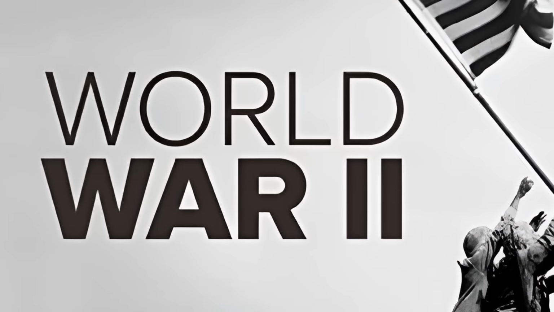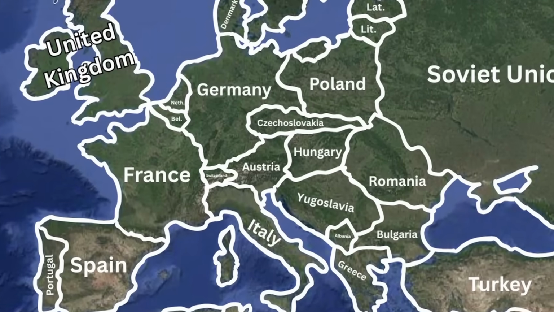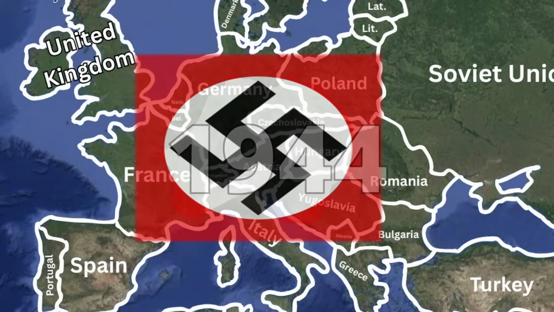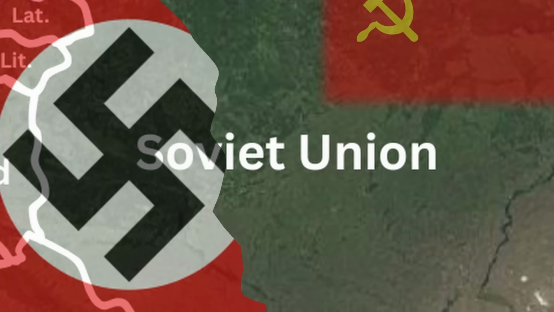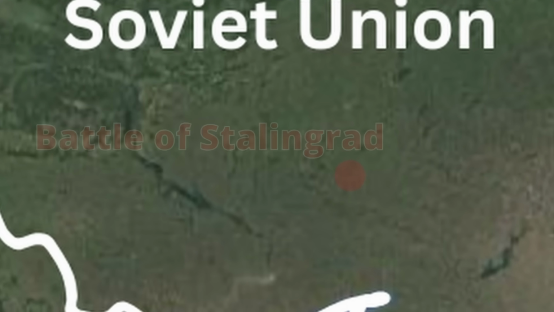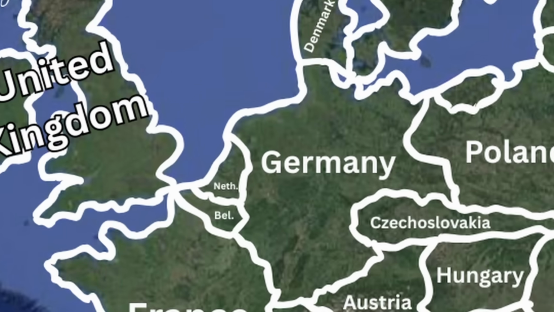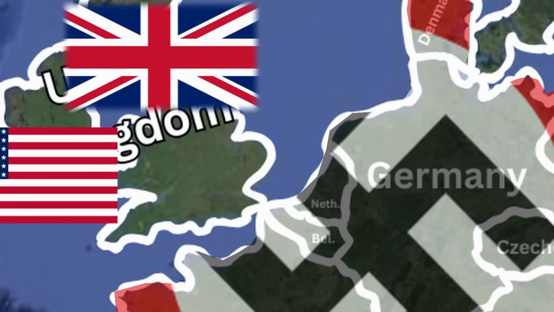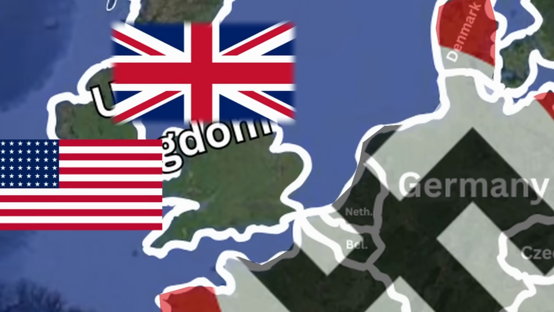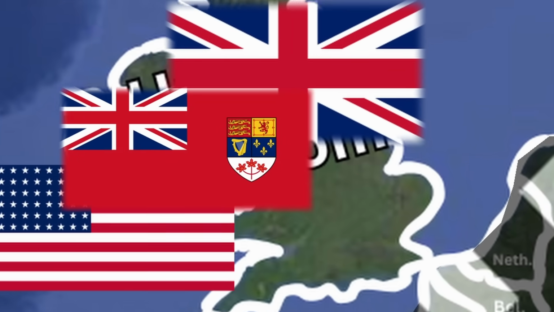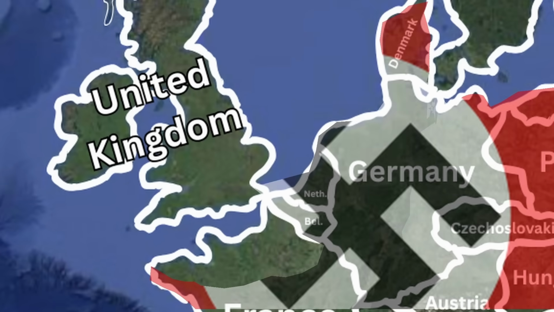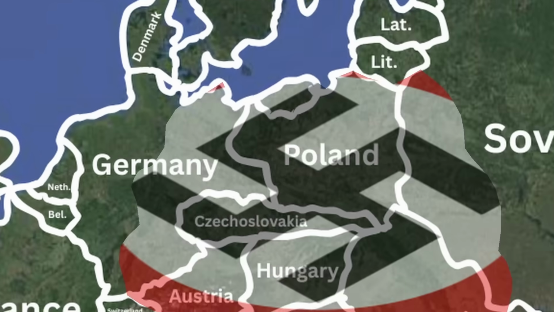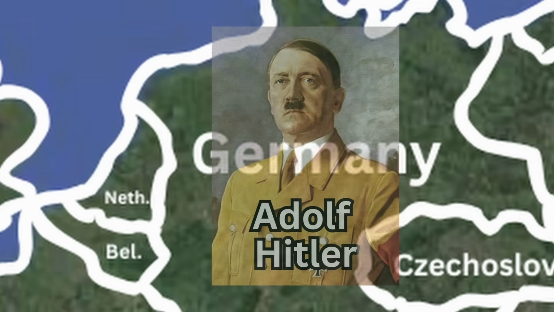So let's go over to the war now. We'll first talk about the European theater. Basically, by 1944, Germany had conquered France and part of the Soviet Union. On the eastern side, the winter allowed the Soviets to regroup and push back against Germany, with probably the most important turning point battle in world history being the Battle of Stalingrad. On the western side, the Allies needed to push back against Germany, so on June 6, 1944, a combination of American, British, and Canadian forces stormed the northern beaches of France, which was known as D-Day. This was a huge success, and the Allied forces will continue pushing on the west, while the Soviets will push on the east, and eventually, Hitler will be defeated.